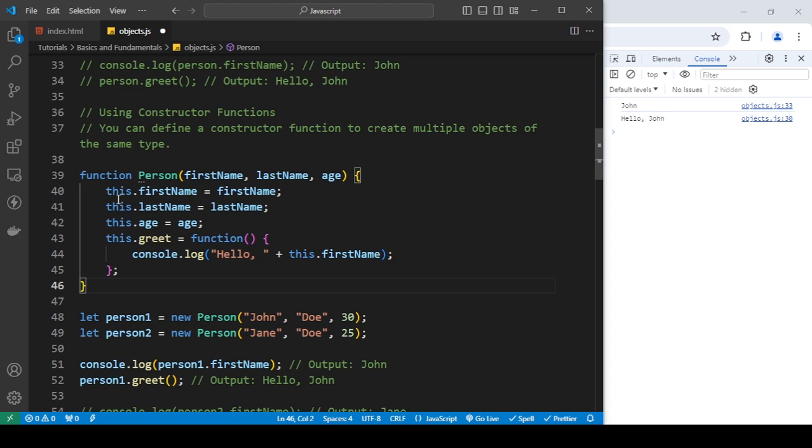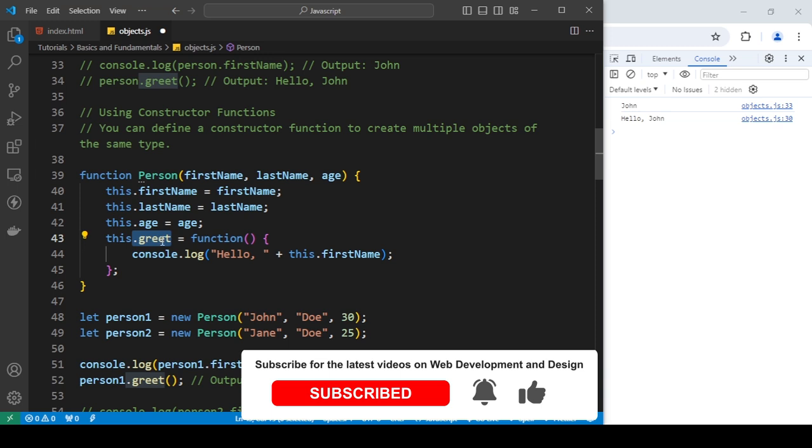Okay, using the this keyword, I'm saying that this function has this property now, and the value is going to be this. Okay, so that's what's happening here, and it's the same for the method. Okay, I'm saying that this is a property called greet,